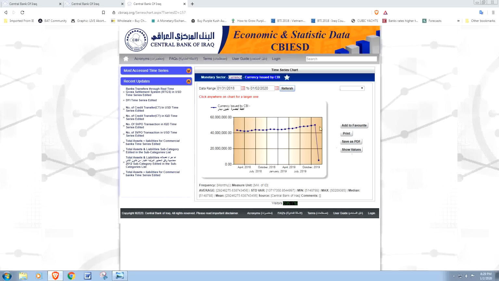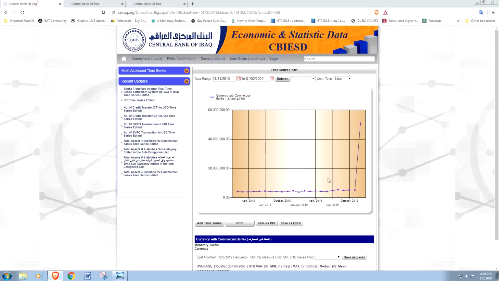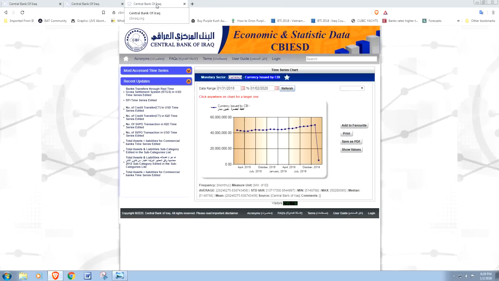All right. So anyways, there's obviously some kind of glitch, and the two are actually the same exact amount. So the amount that was issued by Iraq's central bank right here went from somewhere in the neighborhood of 50 trillion and dropped down to 5 trillion. By the same token, in country, it went from holding 5 trillion and increased up to 51 trillion. So there's obviously some kind of glitch, and these two charts play off one another.